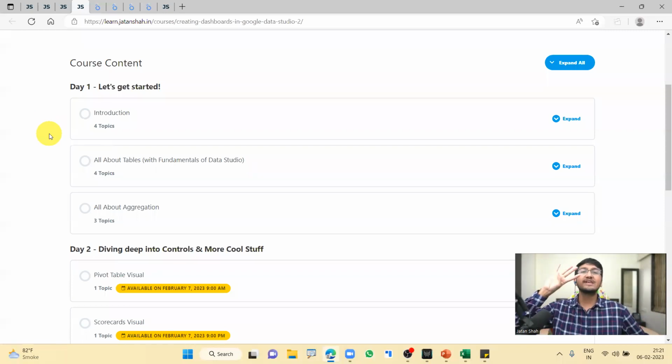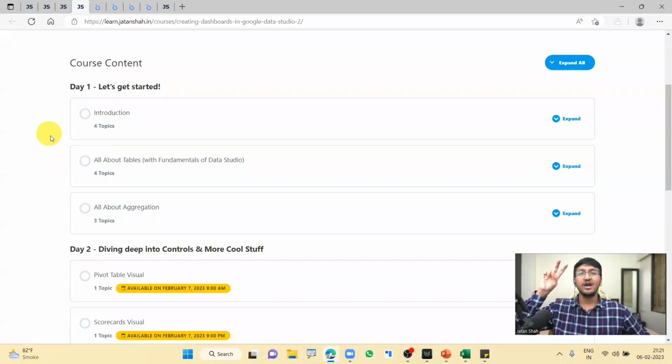However, day 2, day 3, and day 4 are going to be locked, and they are going to be unlocked one day after the other. So for example, tomorrow is when we get started with the workshop, but you don't even have to wait till 12 o'clock to start with day 1. The modules are already unlocked for you. You can go ahead, log into your account, and start learning from it.